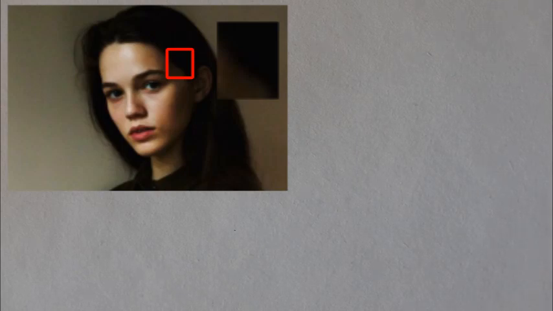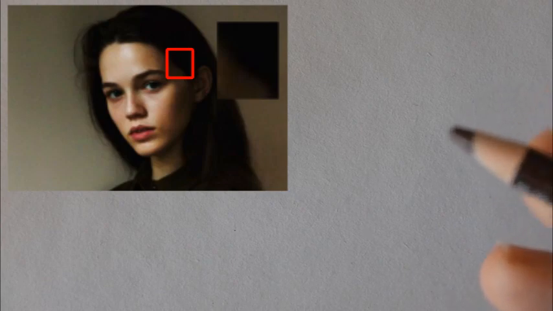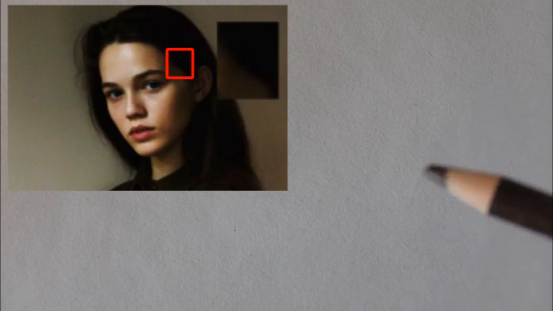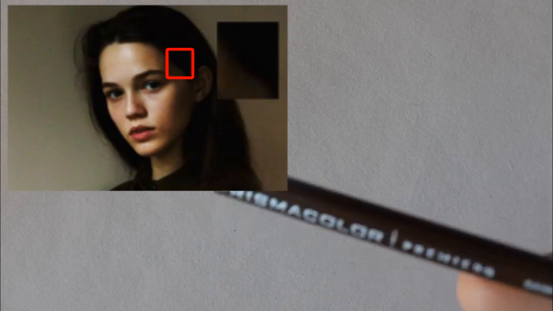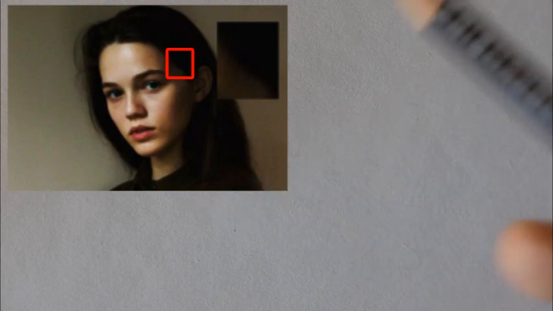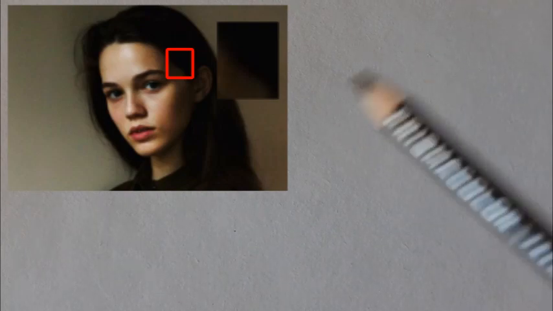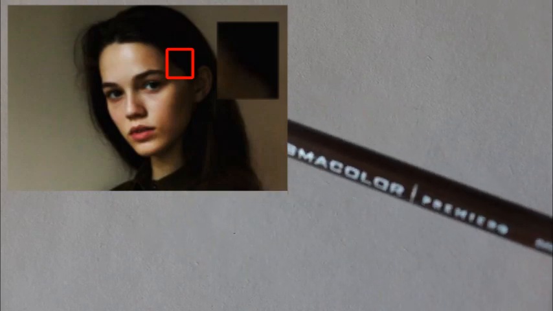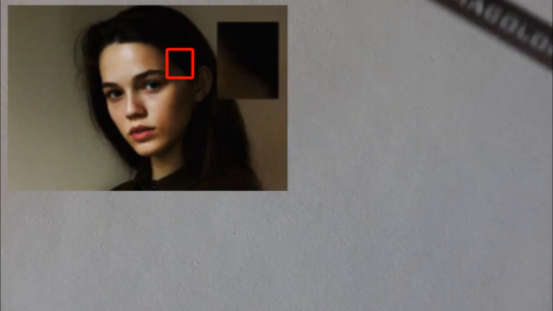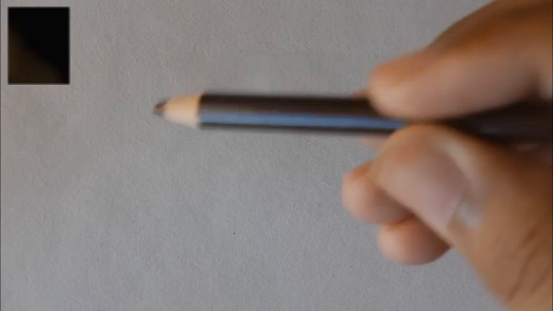Okay, so I see that there's a lot of brown in the shadow on the face. It's either dark brown, this is dark brown, or dark umber. Both of them are close to this color. You just have to choose a color that is close enough. But I prefer to start a little bit light. Dark brown is a little bit lighter than dark umber. So I'm just gonna apply,